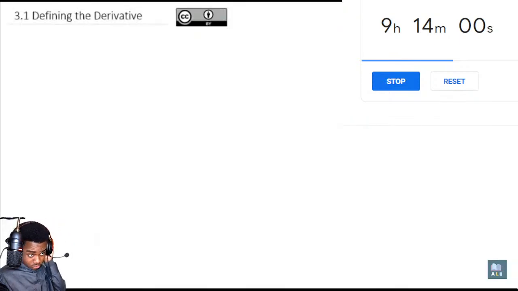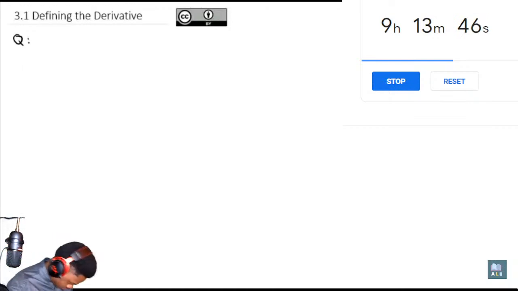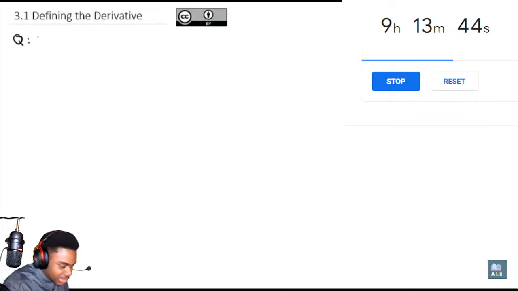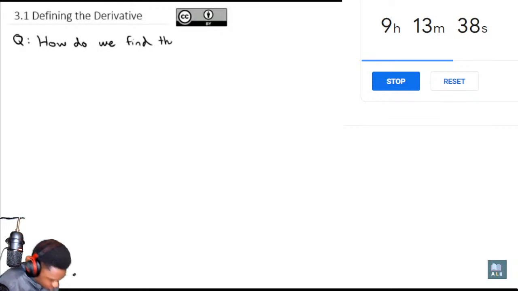Chapter 3 is going to be all about the derivative. So to start off, we really need to know what the derivative is. Specifically, when we say the derivative, what we're talking about is the slope of a tangent line to a function. So the question we're going to answer is, how do we find the slope